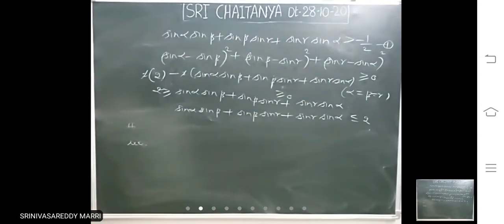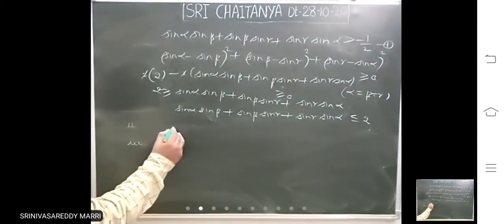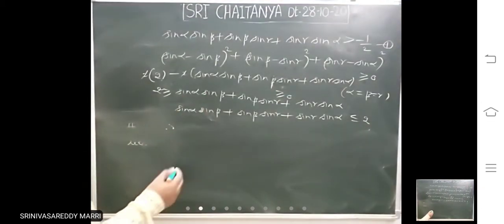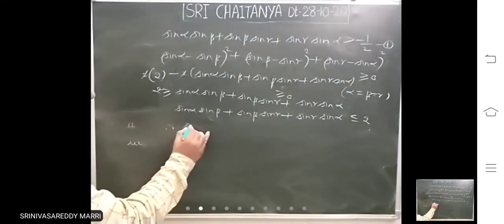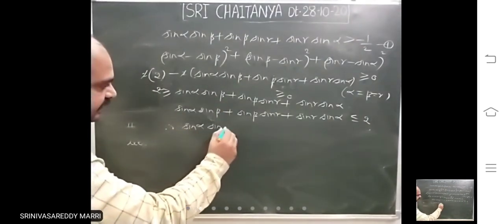So it will be greater than or equal to minus 1 by 2 and less than or equal to 1 by 2. That means sine alpha, therefore we can say that